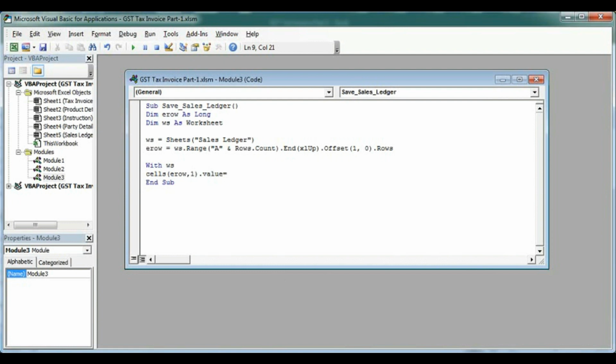So equal to Sheets bracket open tax invoice, then dot range M6 bracket close dot value, enter.